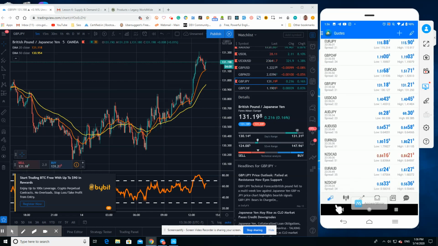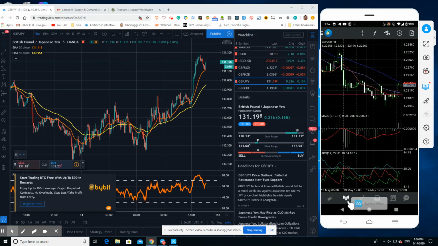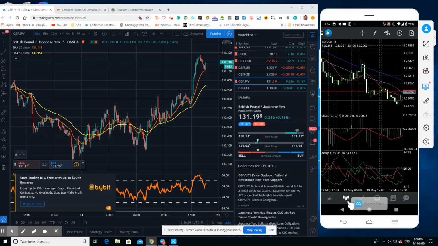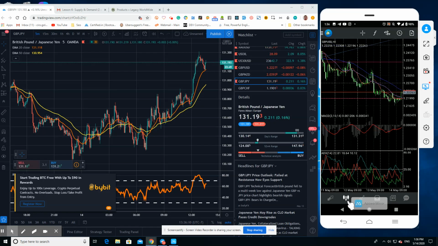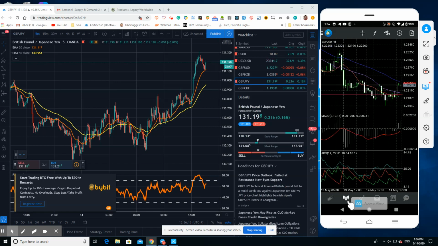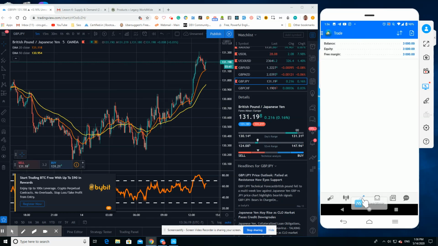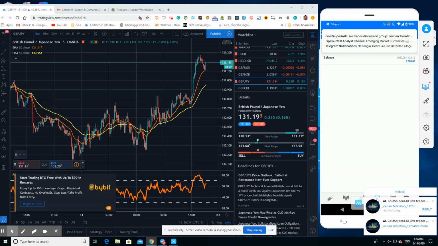Okay, so if we go to the next one right here, which, as you can see, is the candlesticks, that is where the chart will be. You can scroll back into the chart, you can zoom out, you can zoom in to see them more clearly. The next one over is where your balance will be, and this is where, when you make a trade, your trade will end up, and depending on where the market goes, you'll be in the positive or the negative. If you go over to the next one here, this is when trades are finished, and if they close in the positive or negative,